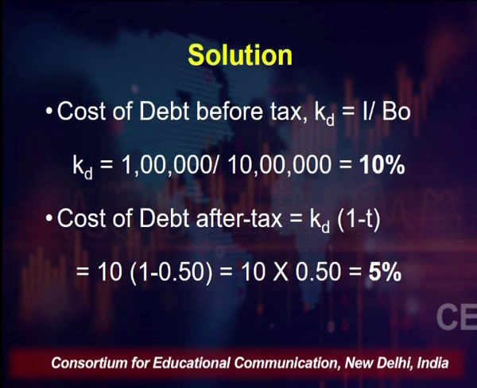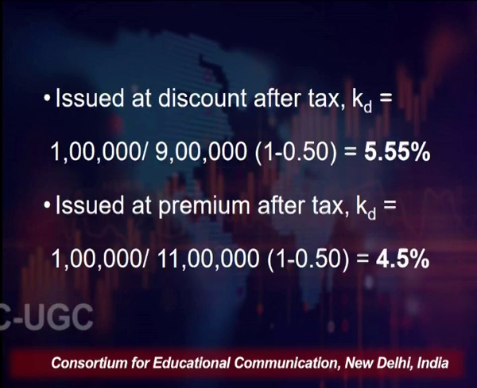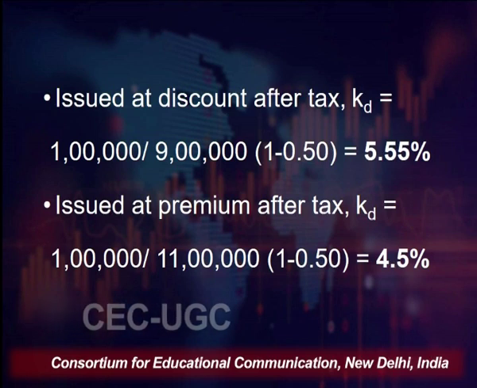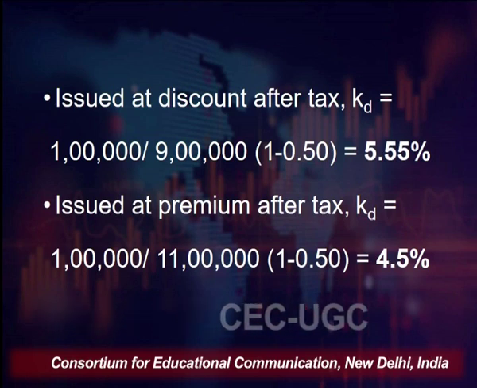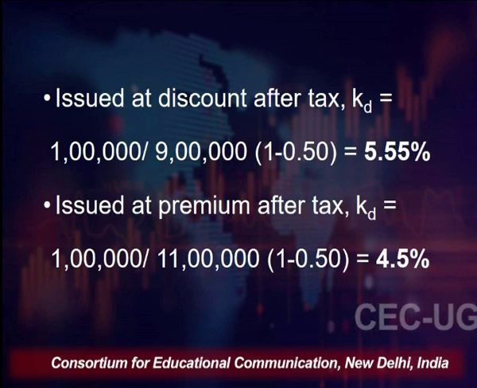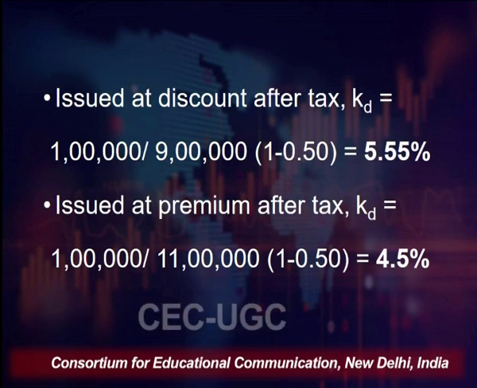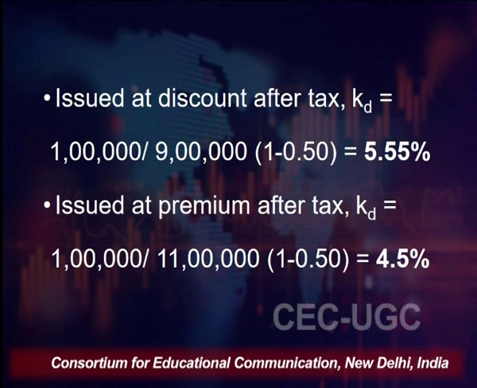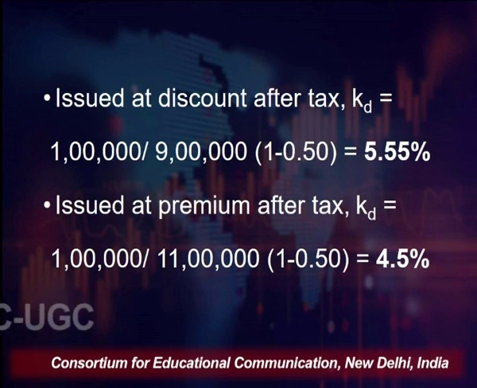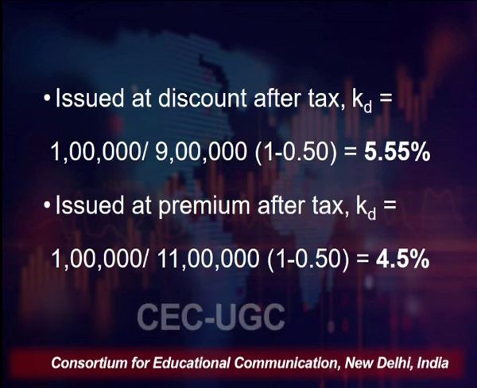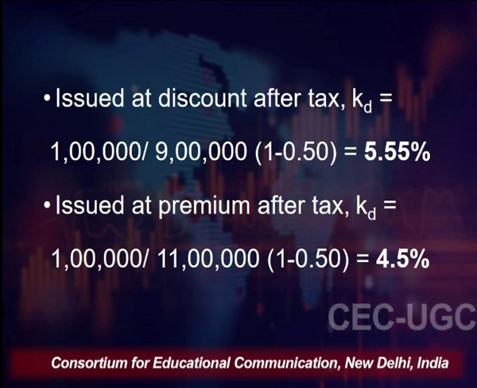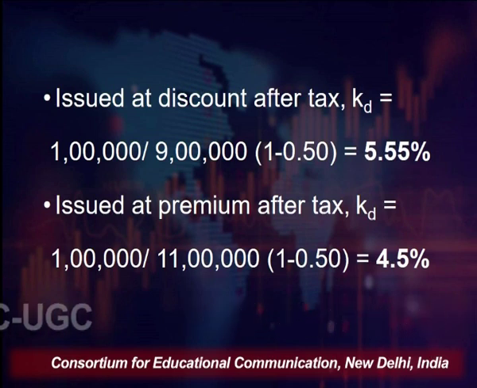So, this is case 1 when the bonds are issued at par. There is another case when the bonds are issued at discount. If the bonds are issued at discount of 10%, the interest amount will remain the same, that is 1 lakh, but the value of bond, you remember while calculating value of bond, we have deducted the amount of discount. So, the discount is 10%, that means 1 lakh rupees. 10 lakh minus 1 lakh, the value of bond will be 9 lakh